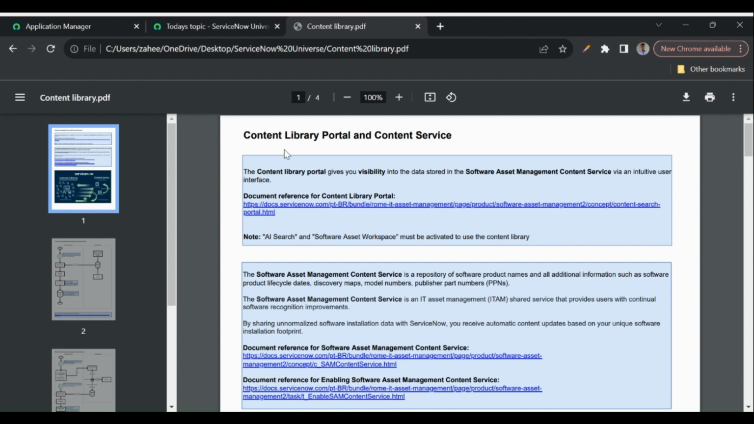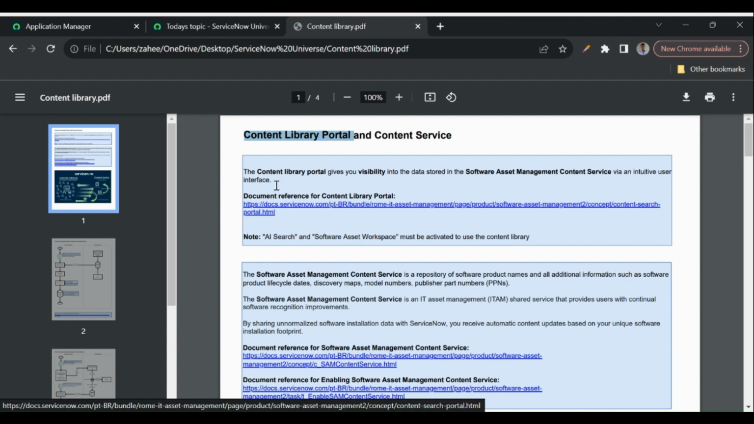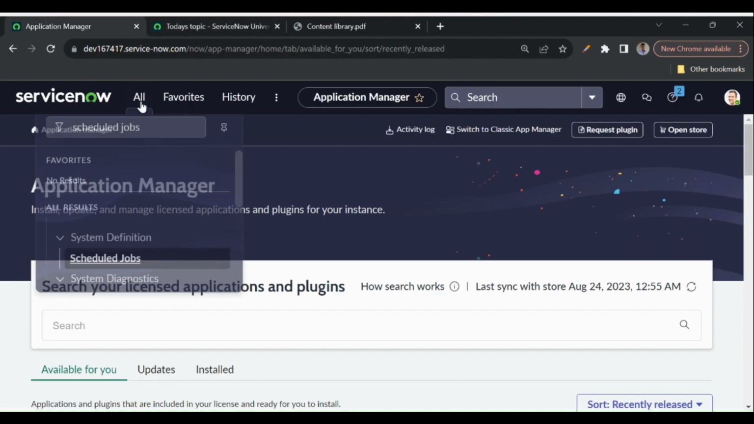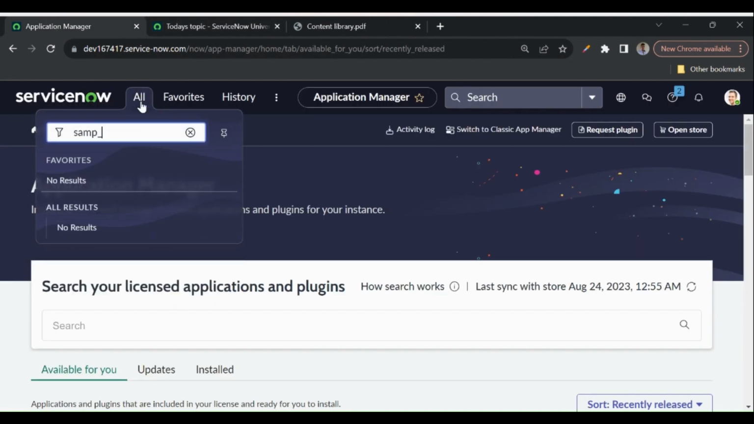This first part is the content library portal. We are not discussing that in this video. I'll create a separate video for that. Basically, this content library portal is nothing but a way to access the data in a different view. Currently we see the data in the native UI. For example, let me just go here. If I go to this table,